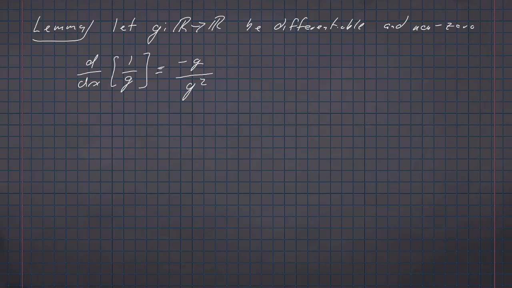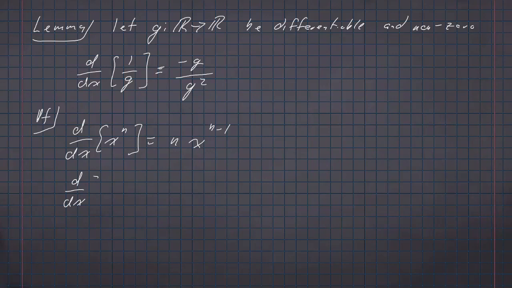If you look in the typed notes, I prove this lemma using the limit definition of the derivative. But as a shortcut, I want to show you that we can actually prove this using the generalized power rule. We know that the derivative of x to the n is n times x to the n minus 1. So assuming that this will work for negative values as well, and it will,